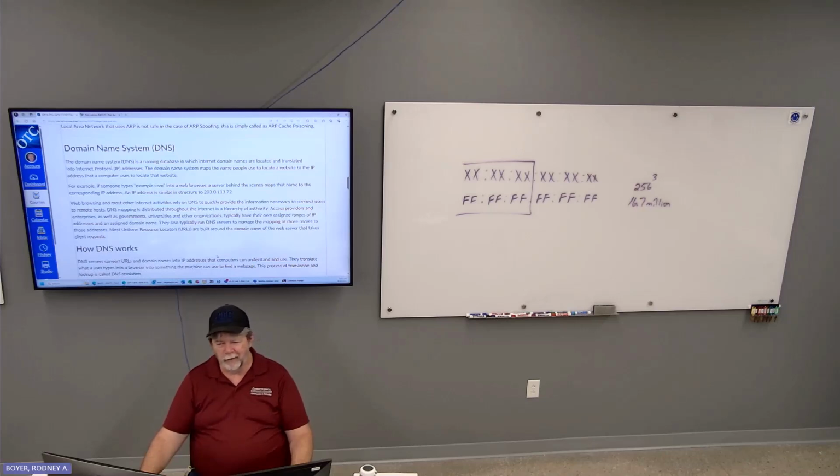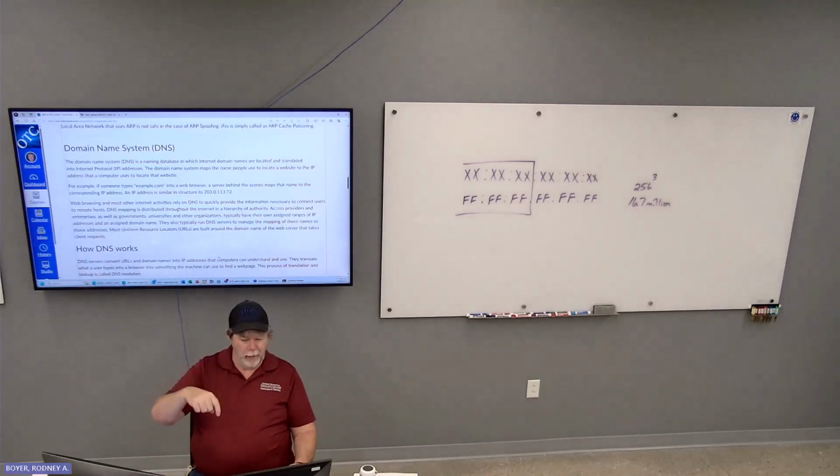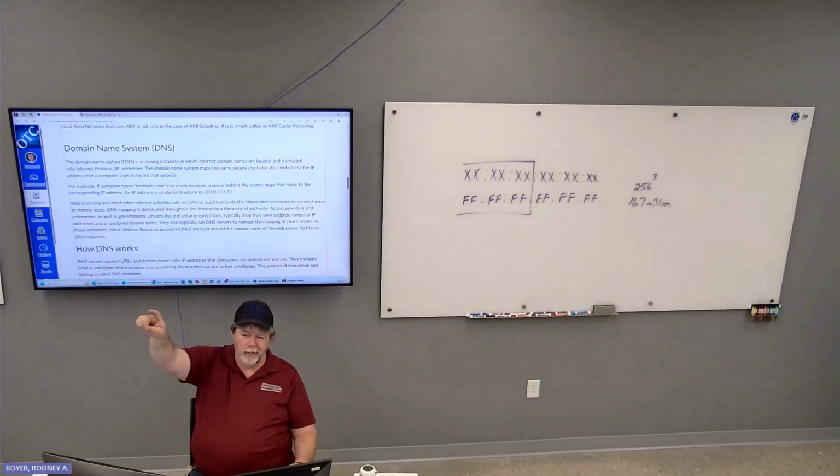The authoritative server doesn't tell every other DNS server on the internet. It just, if I happen to ask my ISP DNS server, what is the IP address for Cabilly's website? And it doesn't know, it's going to query the root server. The root's going to say, okay, it's a .com, so I'm going to send you down to the .com people, and then the .com people are going to say,